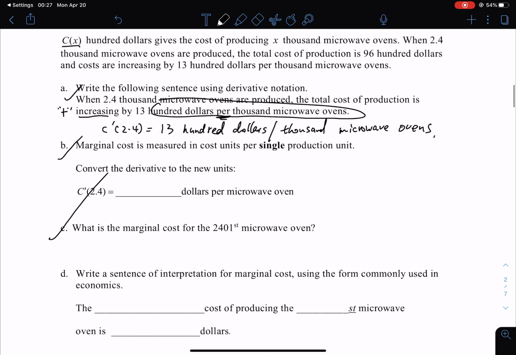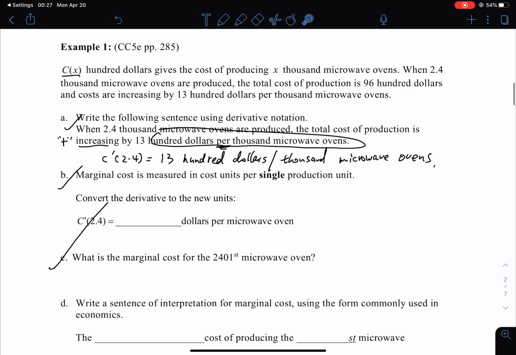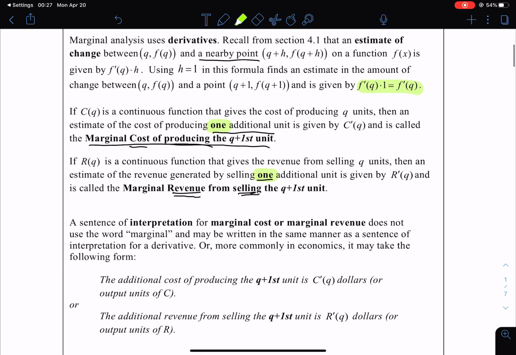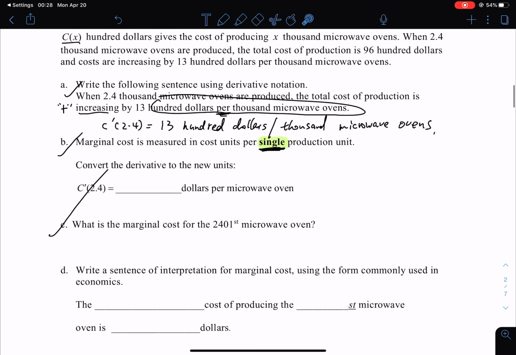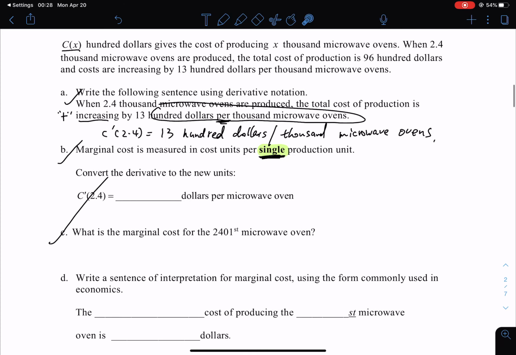And the second one, marginal cost. Because this is a cost function, marginal cost is measured in cost unit per single production unit. That is because you can see the keyword: a unit change in unit, one additional. So the unit should be per single production unit, because the input is only increased by 1 unit. And then B,